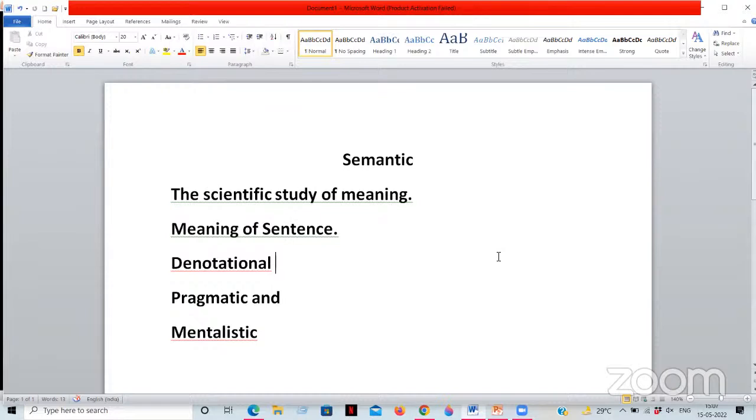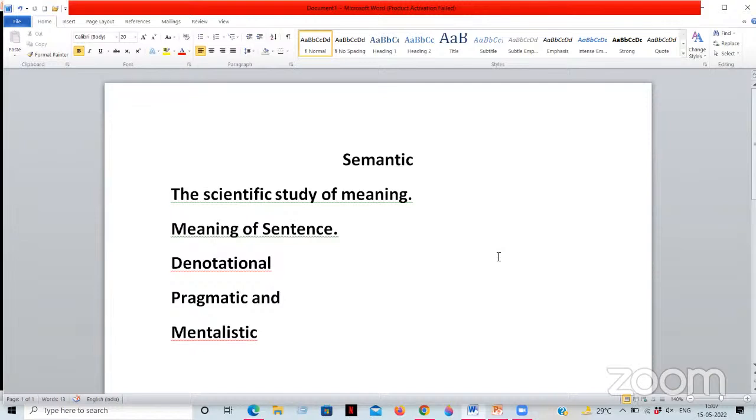So earlier I also mentioned some of the linguistic terms like, what is syntax, what is phonology, phonetics. Here the unit that we have is about meaning. Now I have mentioned here that semantics is nothing but a scientific study of meaning, how meanings get their existence in a particular word. It could be of a particular word or a phrase or idiom. That we had already discussed in the last class.